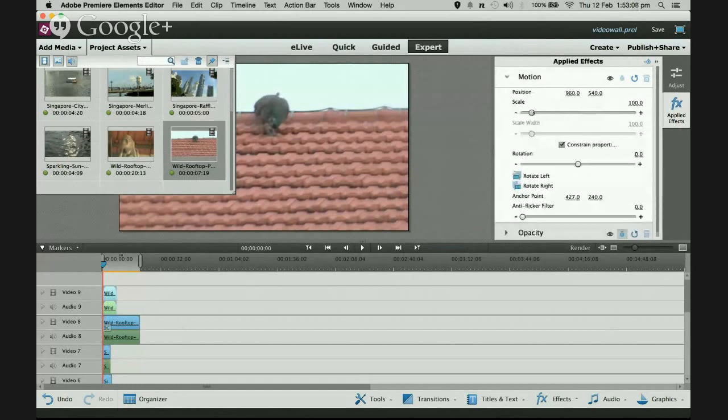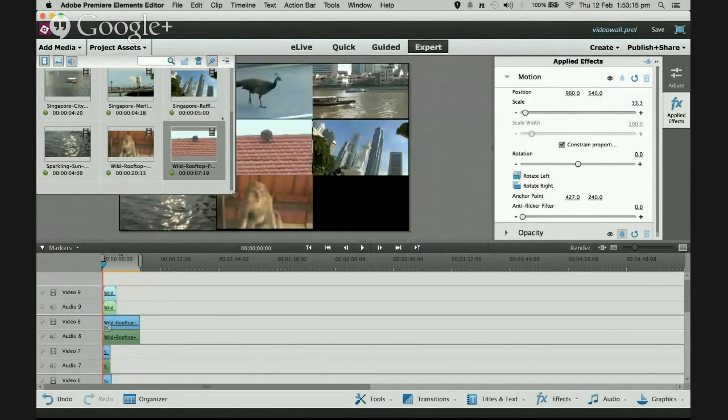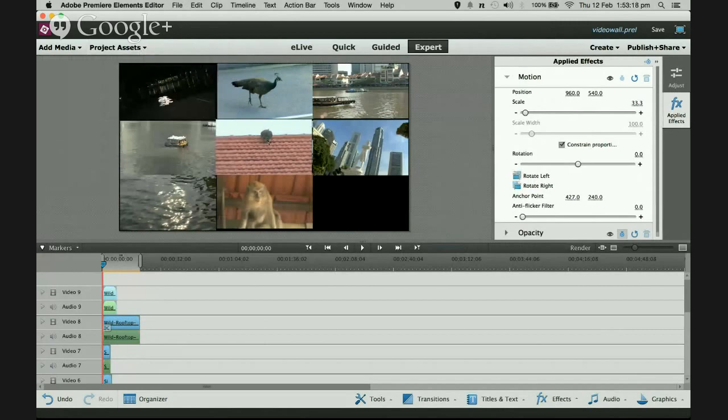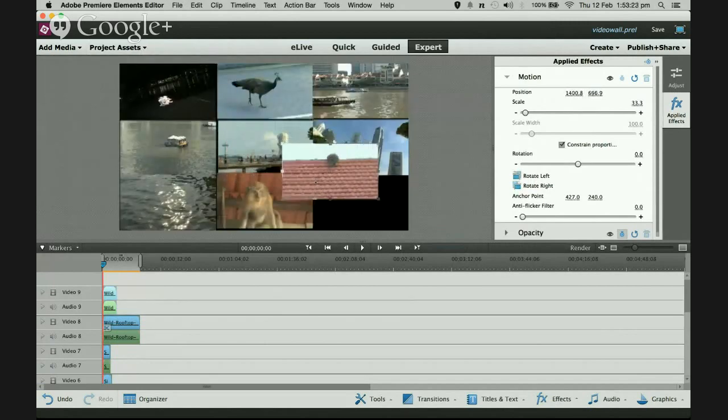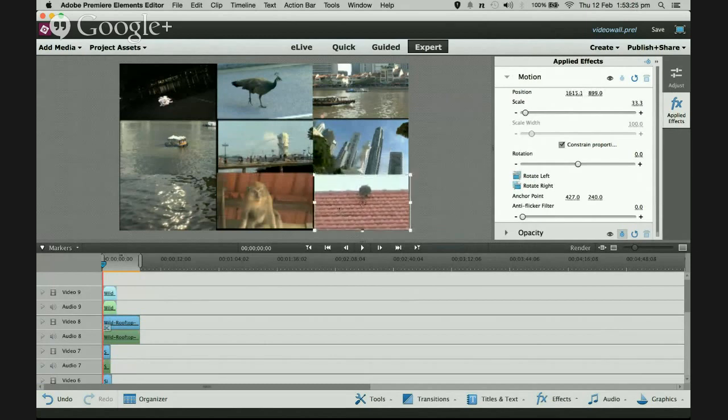Apply effects, motion, scale. Click on 100%, change it to 33.3%. Press enter. Close this project assets panel. Click on the rooftop wild peacock, and drag it down. And there, we have the